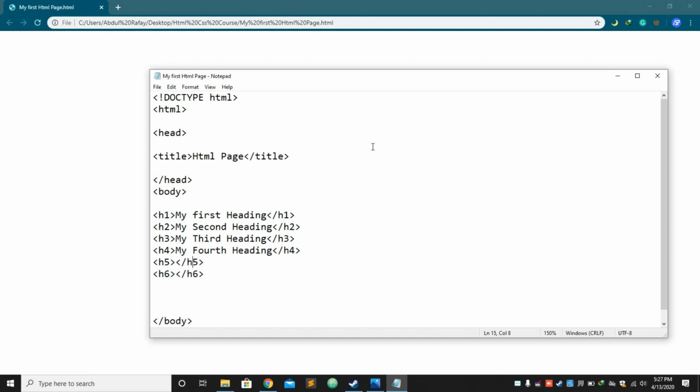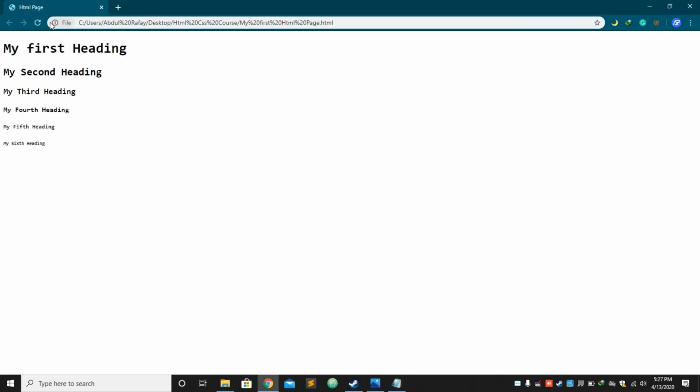Fourth heading. Fifth heading. Sixth heading. Now these are our 6 headings. These are basically the heading sizes. H1 is the largest and H6 is the smallest.